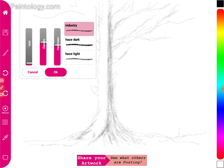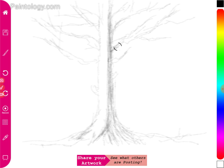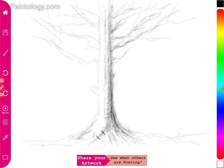Then just keep going, and use the density hardness setting because we've got it on practically the darkest level, so we only have the latitude of the density hardness setting to get the darkness tone that we want. So again, and then do all the unusual shapes that make up a tree. So this area is probably dark because it's right behind the sun, and then you can see that some lines,